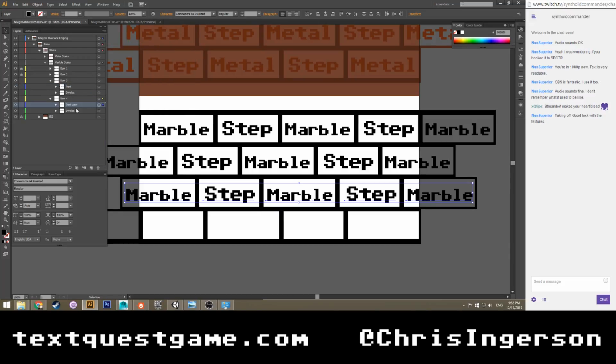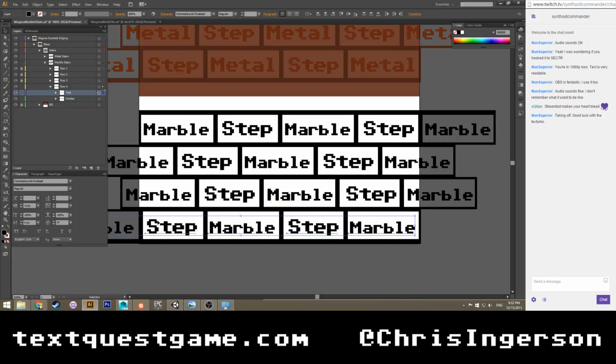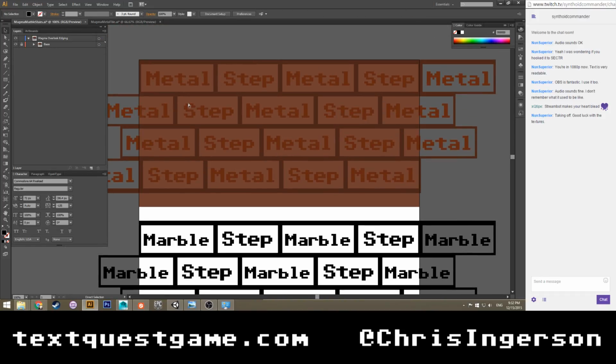Let's duplicate this. Let's move it down here. Let's get rid of this and let's lock row 3. Let's just grab this guy, move him down here. Okay. Good, good, good. Alright, so we can unlock all of these. Close this, unlock this, and there we go. There's our base texture. Ta-da!